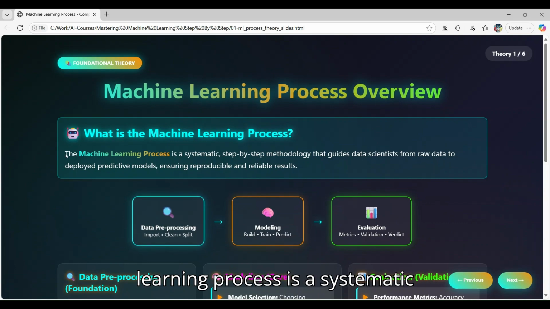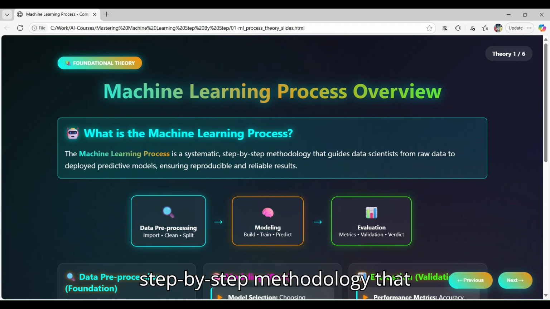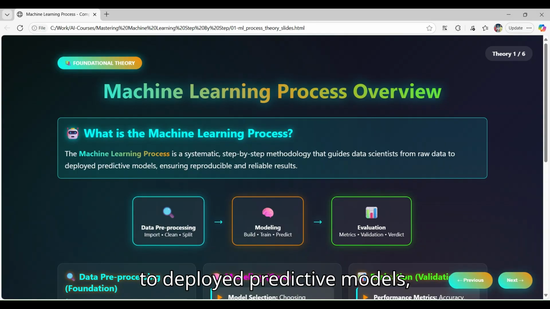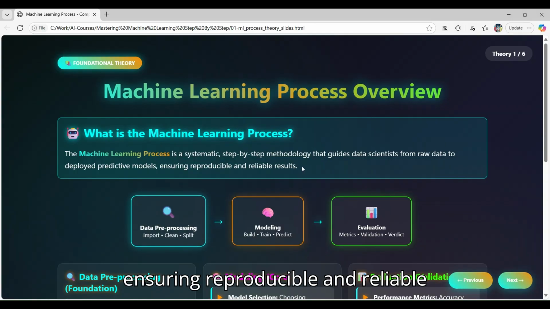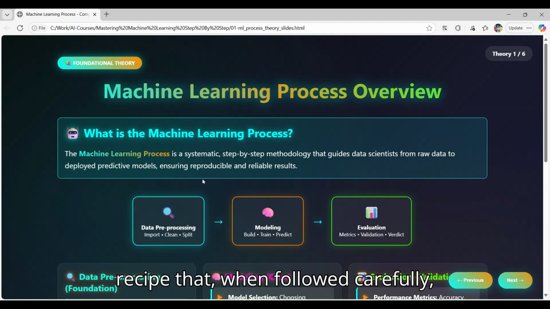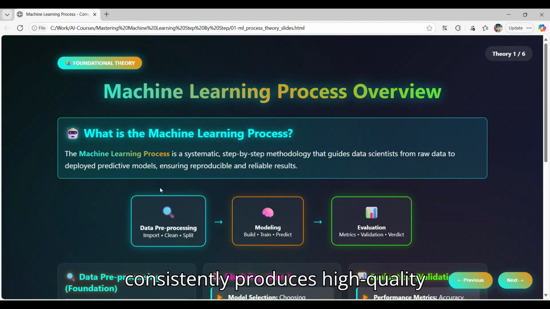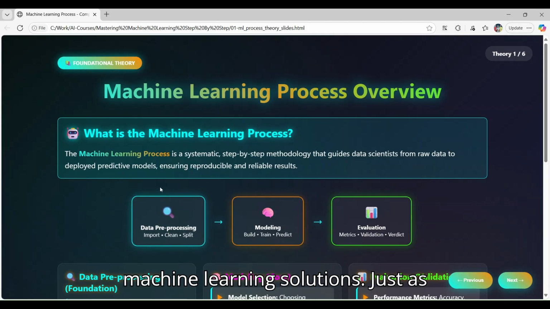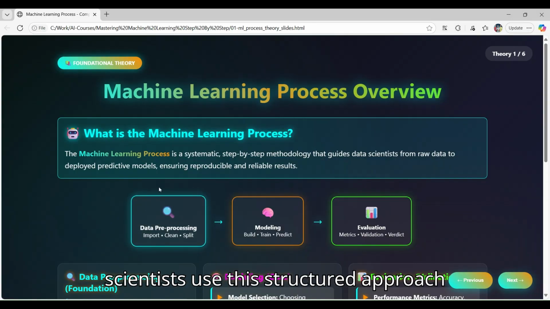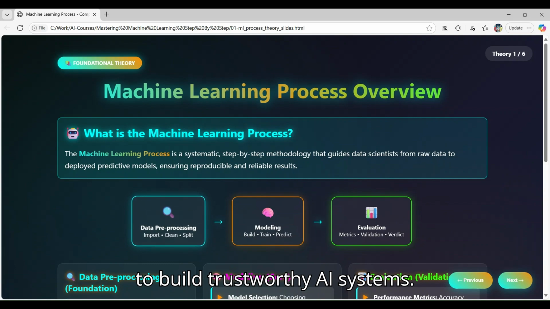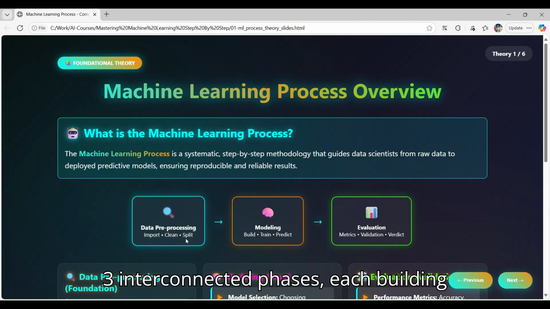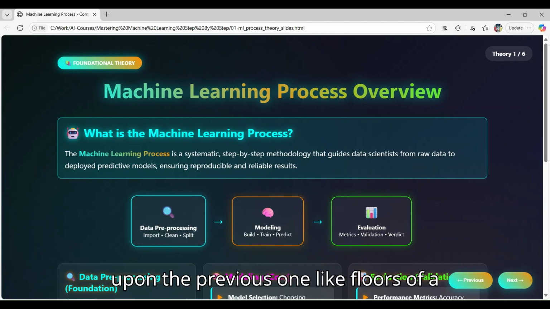The machine learning process is a systematic, step by step methodology that guides data scientists from raw data to deployed predictive models, ensuring reproducible and reliable results. Think of it as a well tested recipe that, when followed carefully, consistently produces high quality machine learning solutions. Just as master chefs follow proven techniques to create exceptional dishes, data scientists use this structured approach to build trustworthy AI systems. Our comprehensive process unfolds across three interconnected phases, each building upon the previous one like floors of a